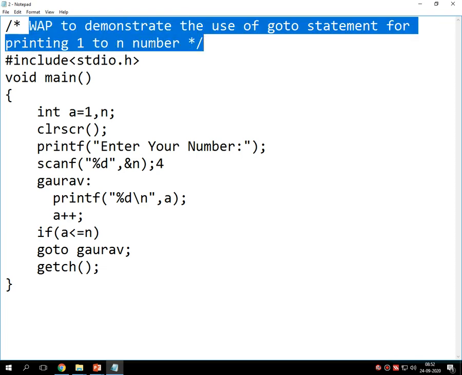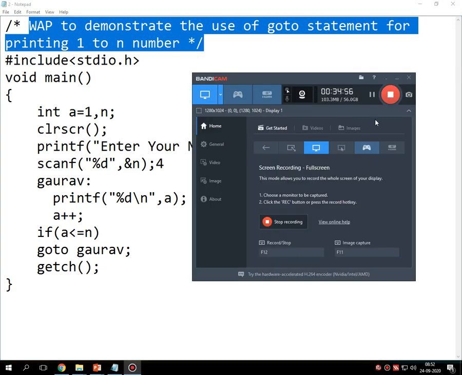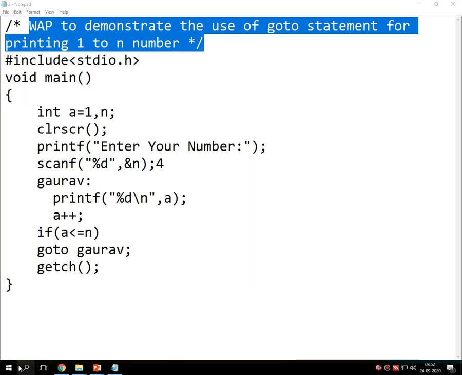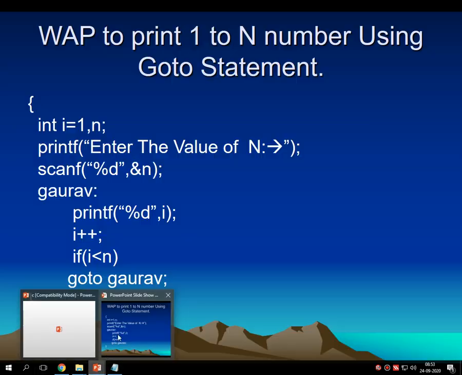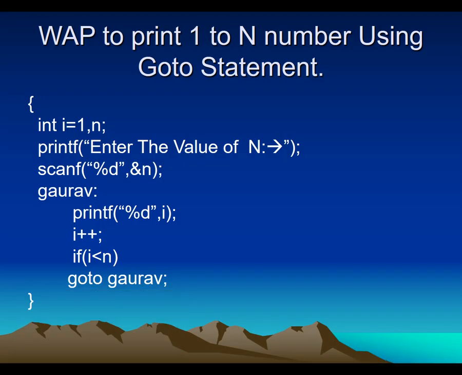So I hope all of you are clear on what I am trying to say, and I know there is a lot of confusion about this go to statement, but it clears up day by day as we practice the code for the go to statement and the repetition of statements using the logical structure called the go to statement.